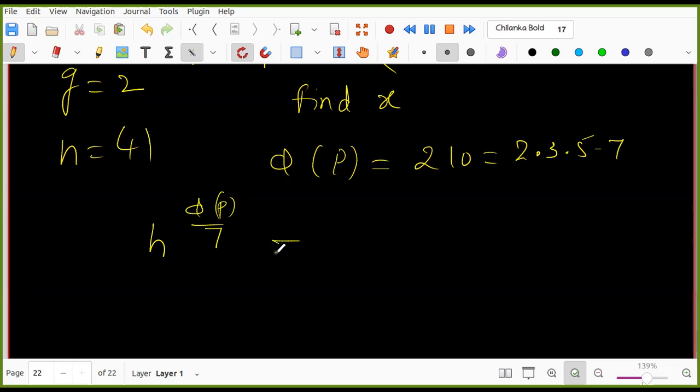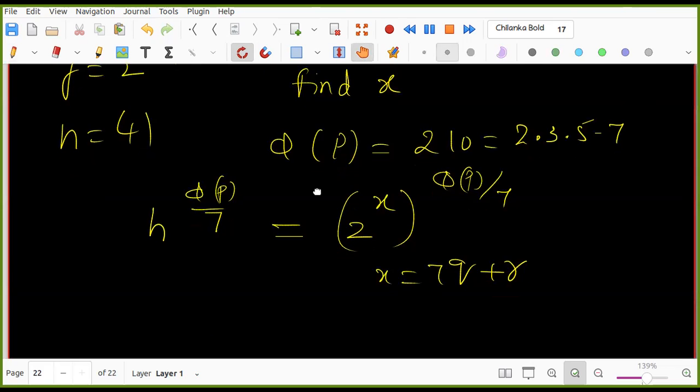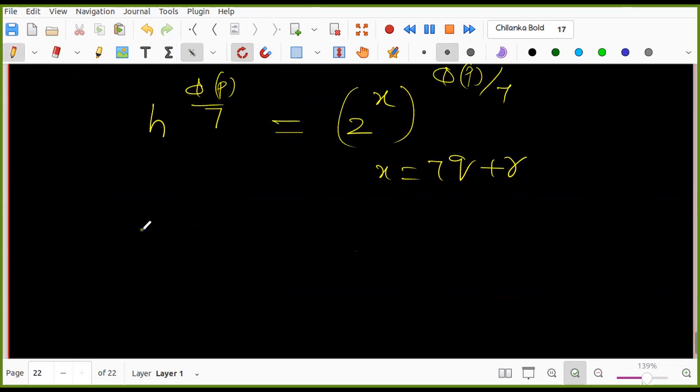So 41 power phi of p by 7 is congruent to 2 power x power phi of p by 7. Now x is equal to 7q plus r. Right. So what is happening here? 41 power 2 into 3 into 5 is congruent to